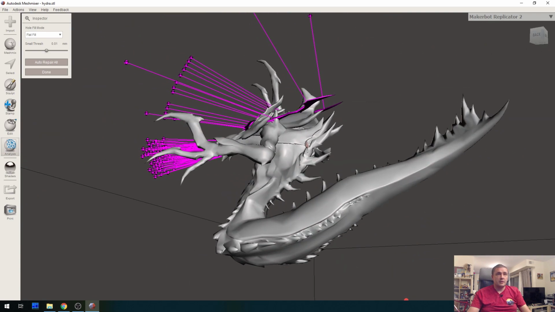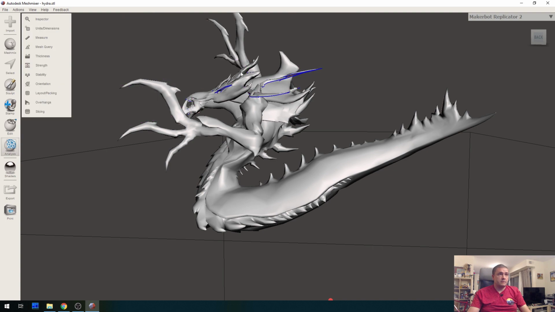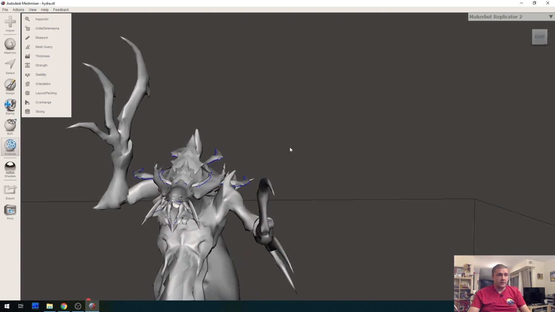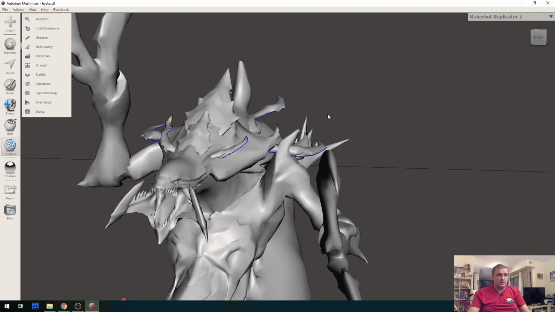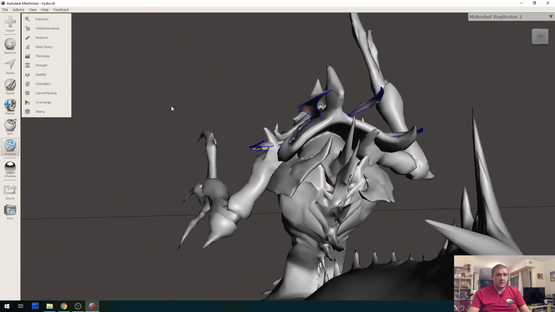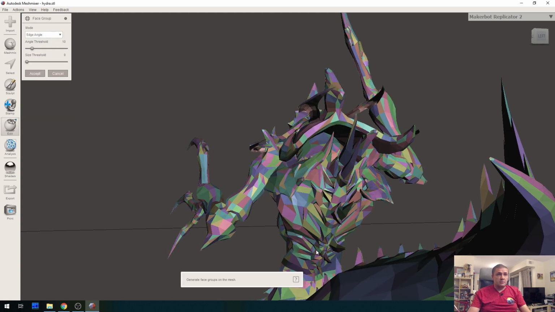Okay. All right. So let's click Done. So there are still some very fine details. They are actually printable. Let's see if I can make them just a little bit thicker. So what I'm gonna do here, I'm gonna go to Edit and click Generate Face Groups. And basically it